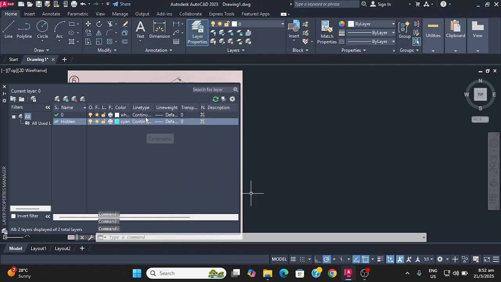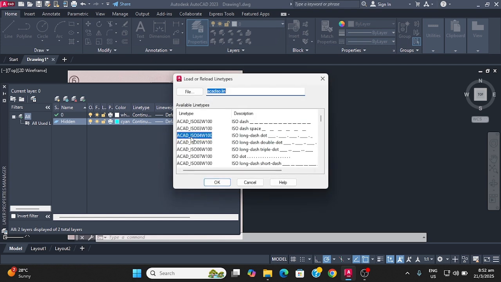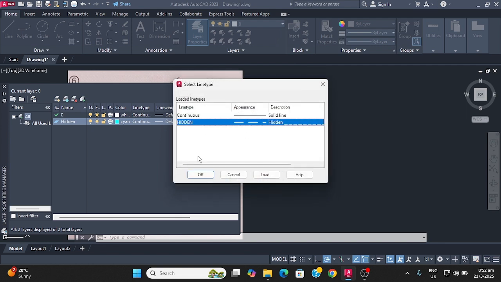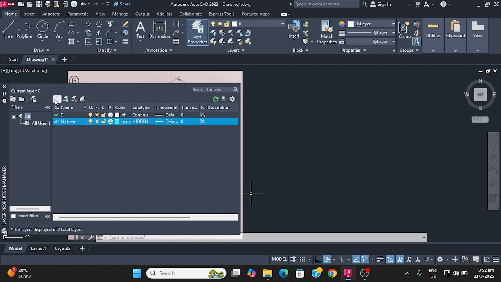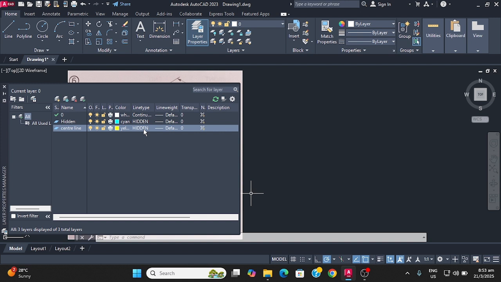and the line type we're gonna change from continuous. We click on continuous, and we're gonna change that to hidden. So we're gonna scroll down to hidden. Let's select this one here. Okay, hidden. The next one we're gonna be putting in another new layer. So we're gonna select the icon here again. We're gonna put in a center line. Center line. Let's use the color yellow for our center line, and the line type